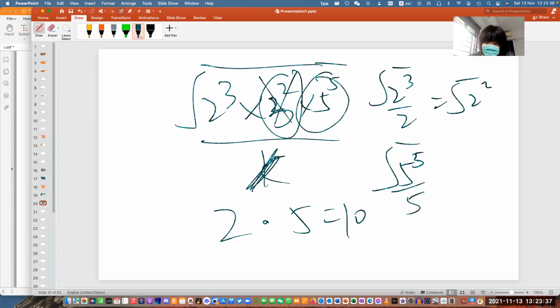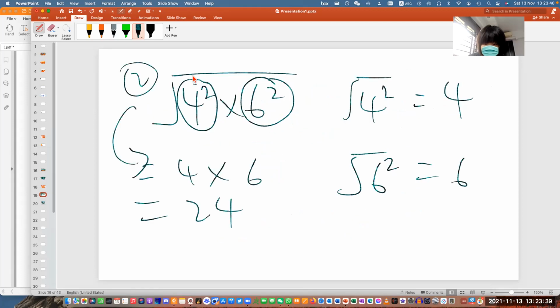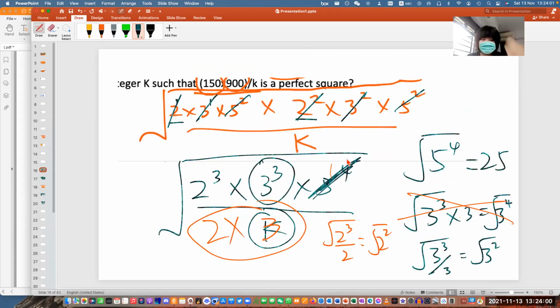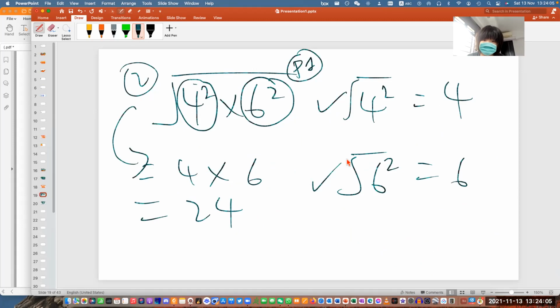So I make use of the concept here to do this question without using a calculator. Okay, so in fact, if this is a paper 1 question, you are not allowed to use a calculator. So when you are not allowed to use a calculator, you need to use a technique like this. So you cannot test and use trial and error. Yeah, you can't. Okay. Next,